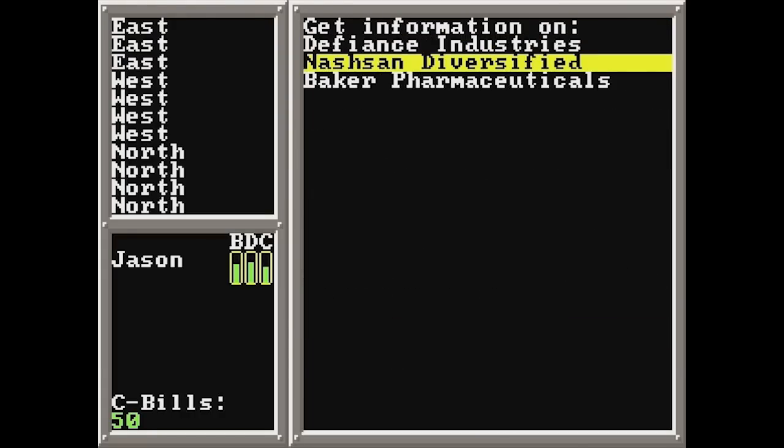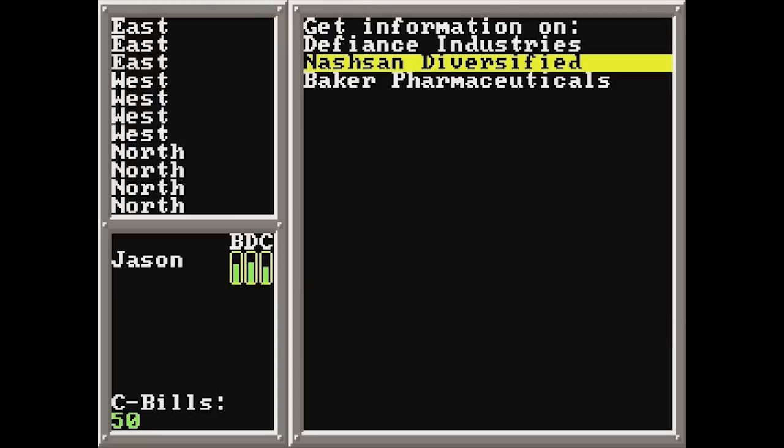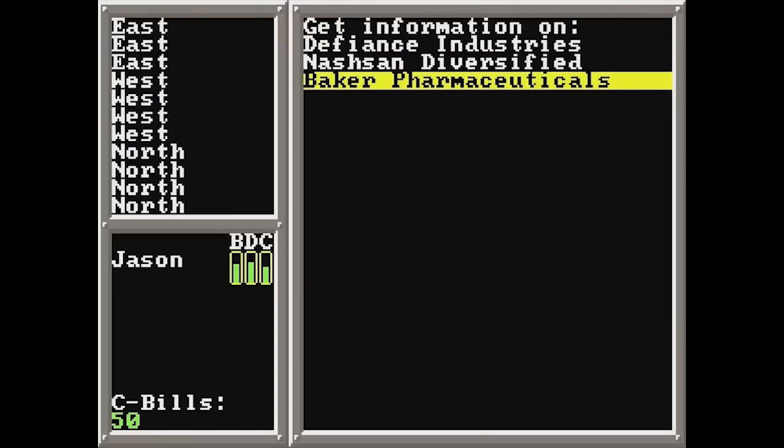We can also invest in Nashan Diversified. Nashan Diversified has a 30% share of the Commonwealth's computer market, so they're kind of like the Apple, I guess. They're involved in many fields, from foods to shipping to architecture. Okay, they've diversified. Active in absorbing other companies, the Lyran government has found occasion to question their ethics, levied fines, and partnered certain risk. So that's the middle of the road, and then we have Baker Pharmaceuticals, which is like,